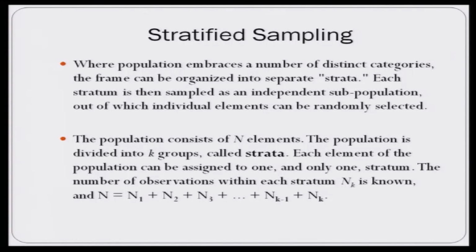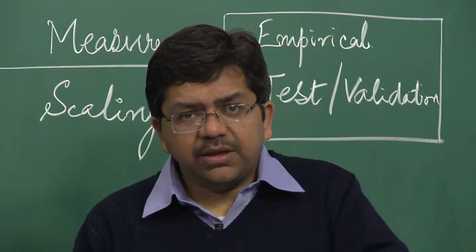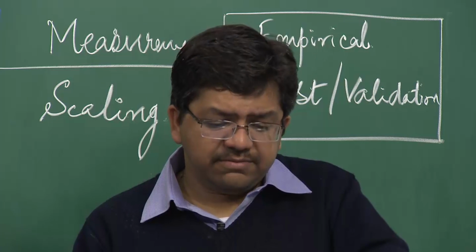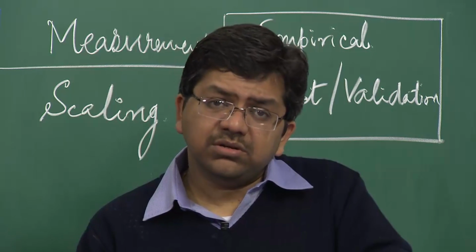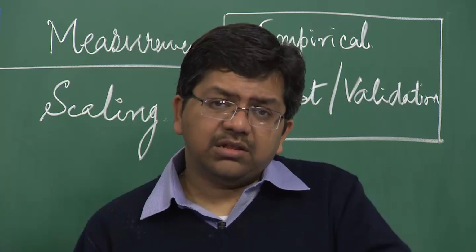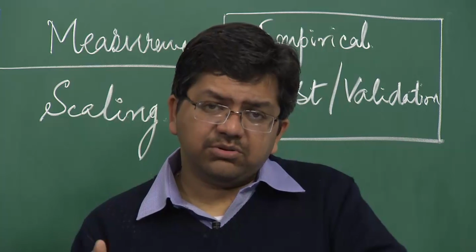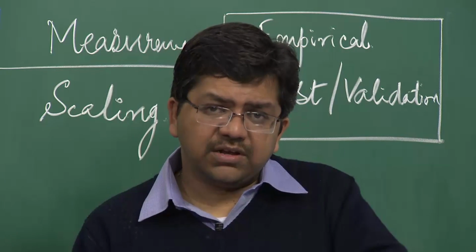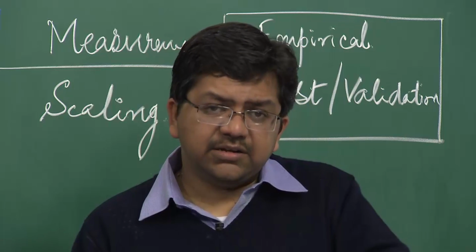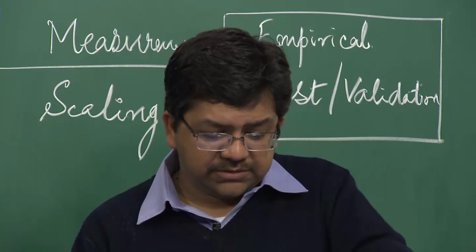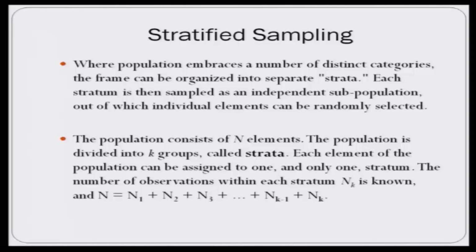Now, what happens in stratified sampling is that if your population has subgroups based on certain characteristics or variables, and within those subgroups or across the subgroups the behavior is based on the characteristics of the subgroups, then it may happen that simple random sampling might not be the best representative sample of the population. In the case of stratified sampling, it is being explained here how the sample is drawn,